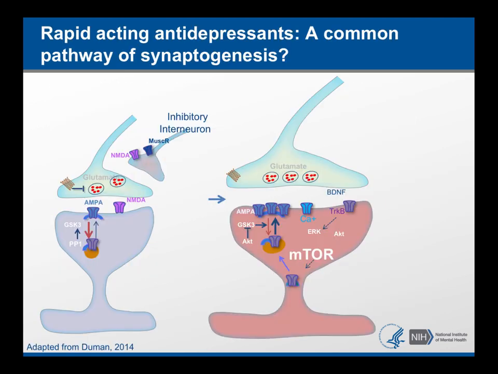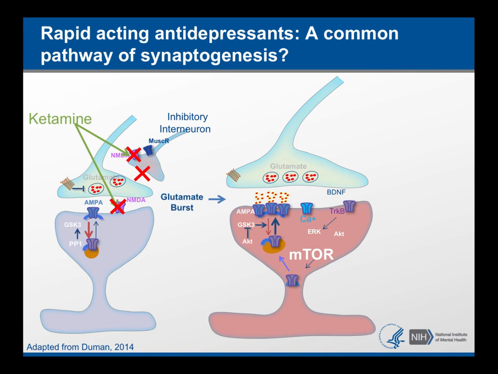So how does ketamine work? The short answer is we aren't sure, but at this point, what's thought to be the model for ketamine's action in the brain is that it blocks NMDA receptors, both on the excitatory glutamatergic neurons, but also on the GABAergic inhibitory neurons. So in blocking the inhibitory interneurons, that disinhibits the excitatory glutamatergic neuron and results in a glutamate burst in the